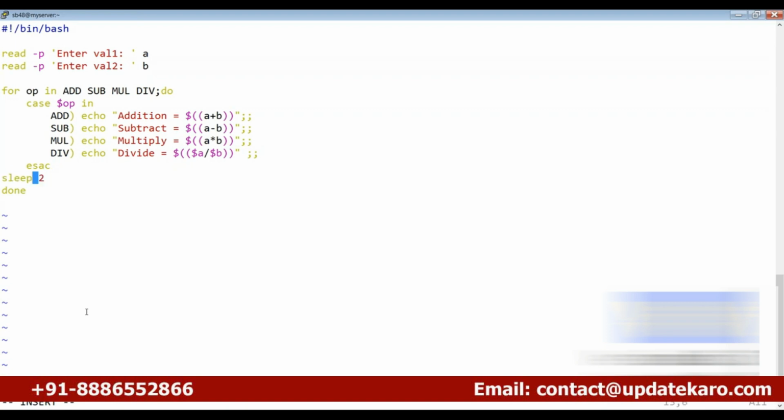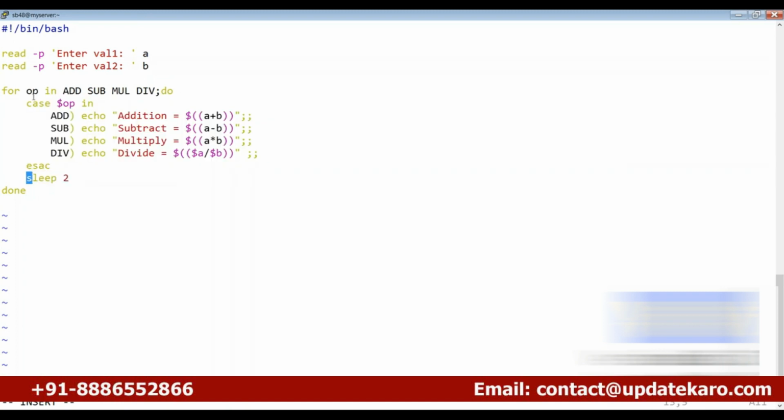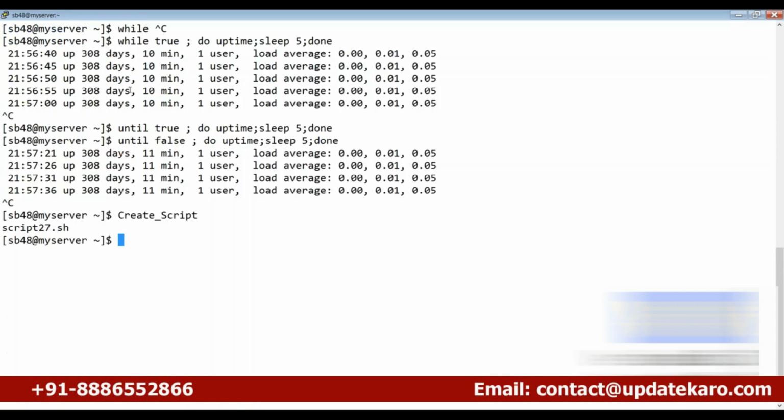So these are all the commands which are associated with my for loop. This is one command which is case command, and this is another command. So all these commands will be executed. For the first time, your op is loaded with this add variable, op is loaded with subtract variable, multiply and divided by. So now see,